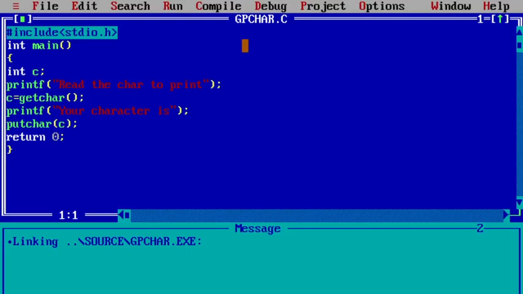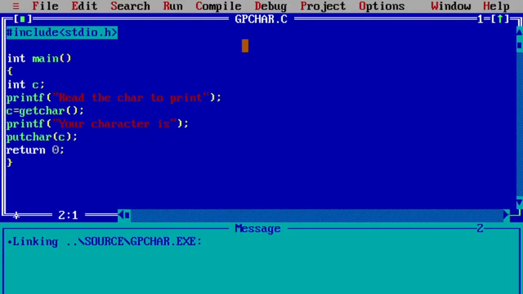To remove the earlier things on the screen, what should you use? Yes, hash include stdio.h. You should use conio.h, console input output, for it.